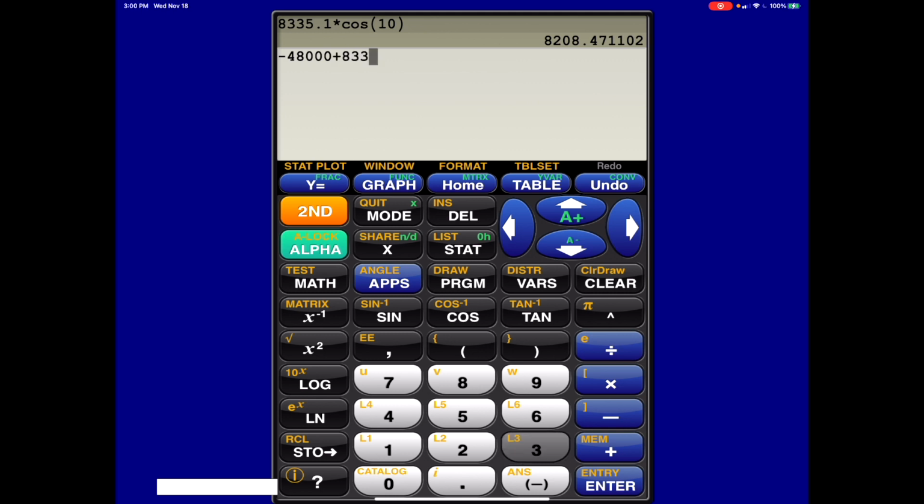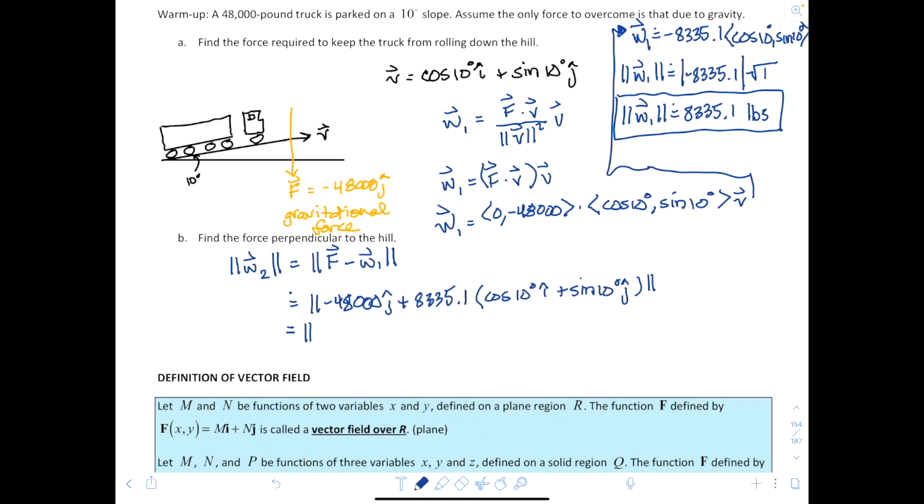plus 8335.1 times sine 10. And so that's our j component, approximately 8208.5 I think it was, and then minus 46,552.6 times j,